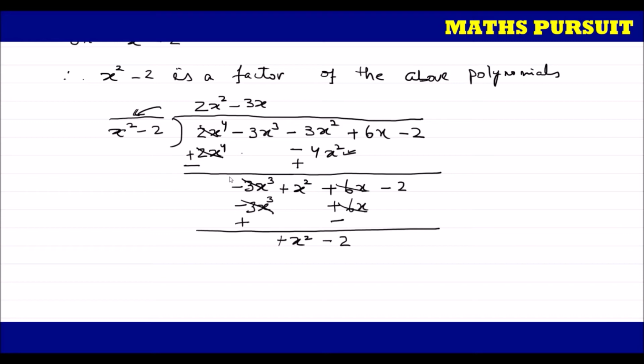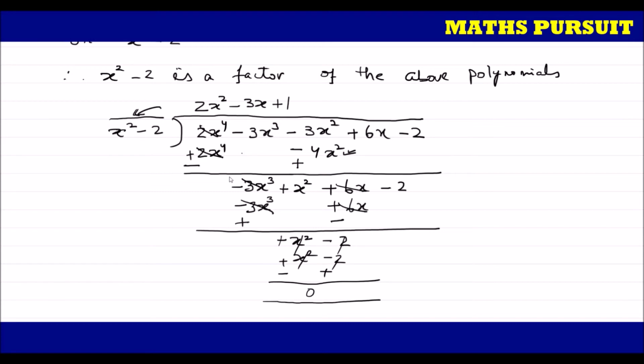Now we have the divisor as x to the power 2 minus 2. If I multiply by 1, I can easily get x to the power 2 minus 2. And then as usual, I am going to reverse the symbols, here this is plus, here this is minus, so that all these things cancel out and we are left with 0. Now whenever our remainder is 0, our calculation stops there.